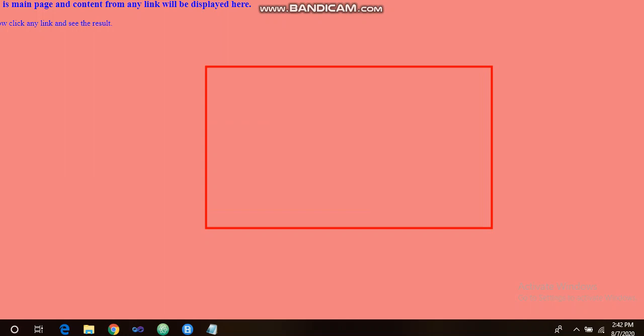Suppose this is our web page, and the page will be divided in this format. This is the first and this is the second one. Here you are going to display the menu, and in this frame, it is your main frame.